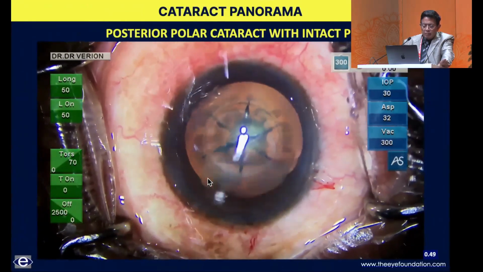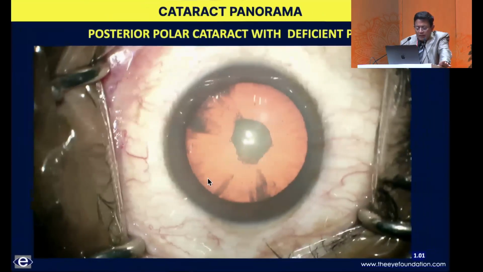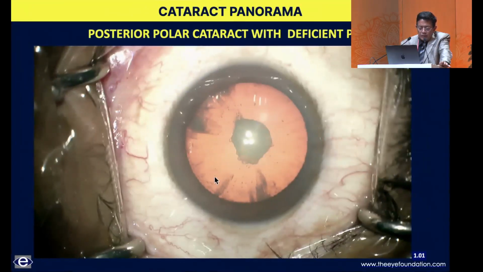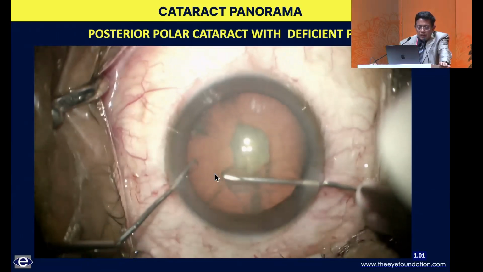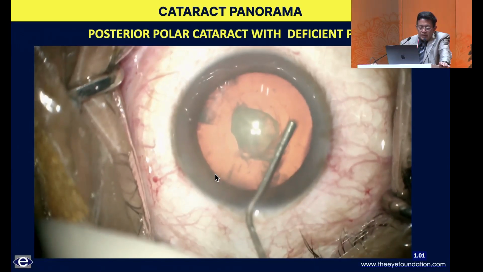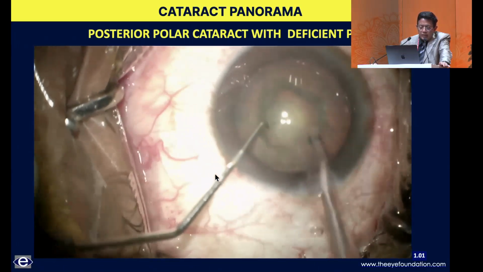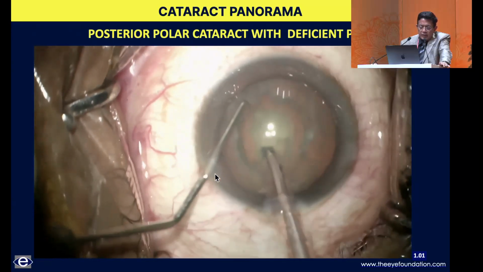And my management is very similar even when I'm using a laser element. And in case I'm in this situation, what I showed you, where I'm unable to trace the posterior capsule, this is what I would do. This is a fairly formed nucleus that we have over here, and an adequate rhexis, just 5 millimeters, hitting the endonucleus, not doing a hydrodissection but just a hydrodelamination, and subsequently I'm creating enough space,